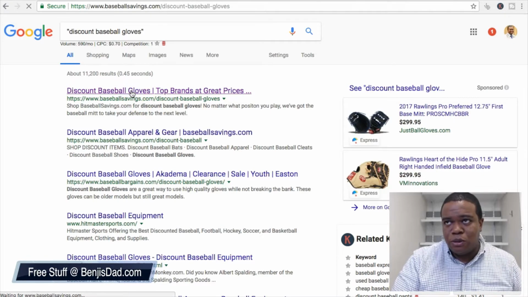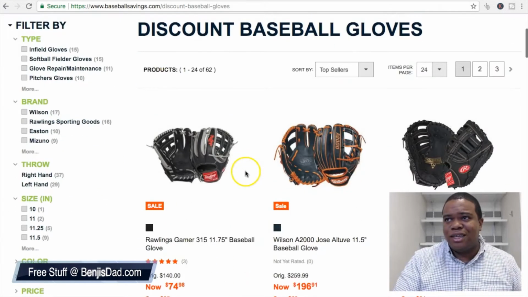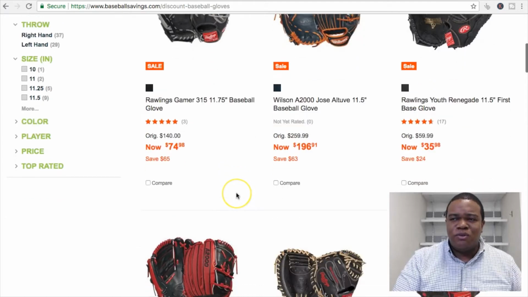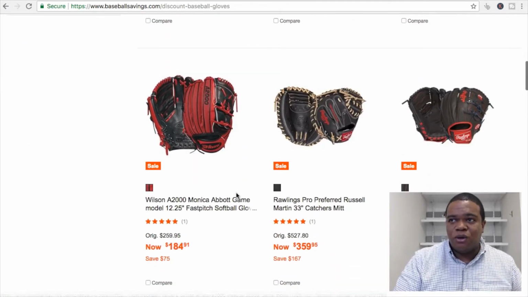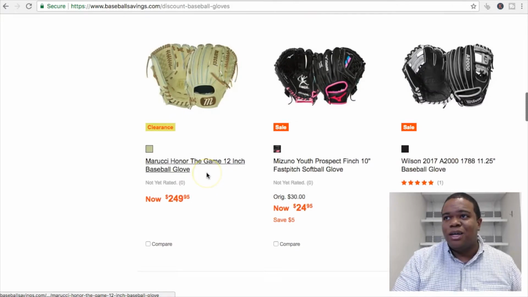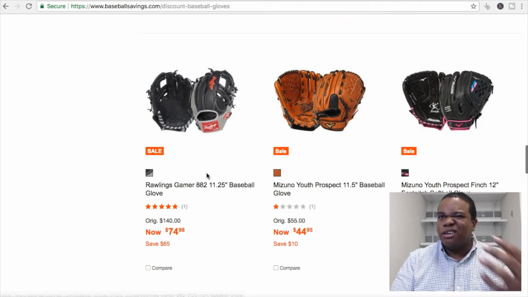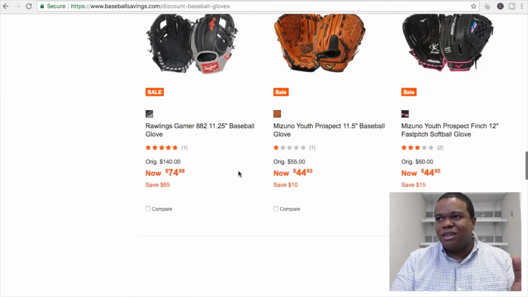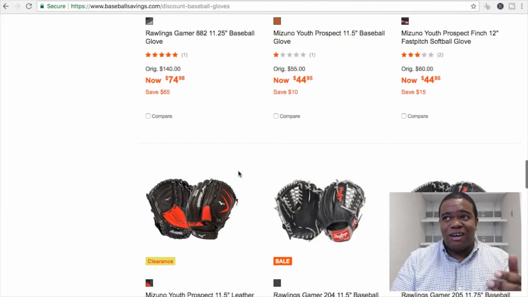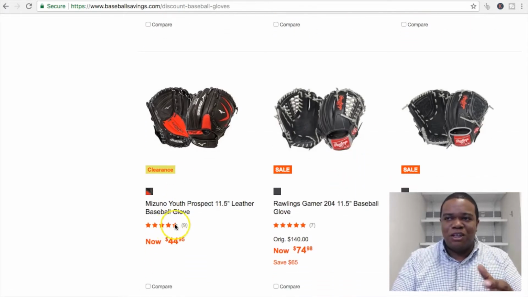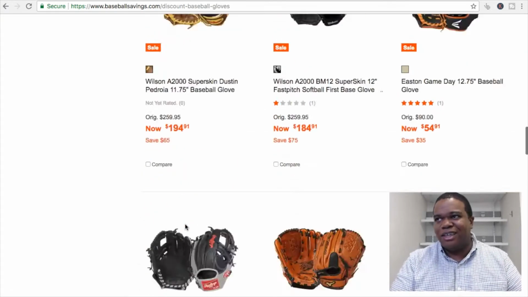I'm going to look at this first post right here, and we see that it's a website that just basically has baseball gloves, prices, reviews. Reviews are big because people like to read reviews before they actually buy a particular product. As you can tell, there's not really any writing on this page. There's no one who's personally used each one of these gloves. If I want to figure out what people who specifically use these gloves think, I'd have to drill down into each one of these reviews and see what other people have said about it, if the reviews are there to begin with.